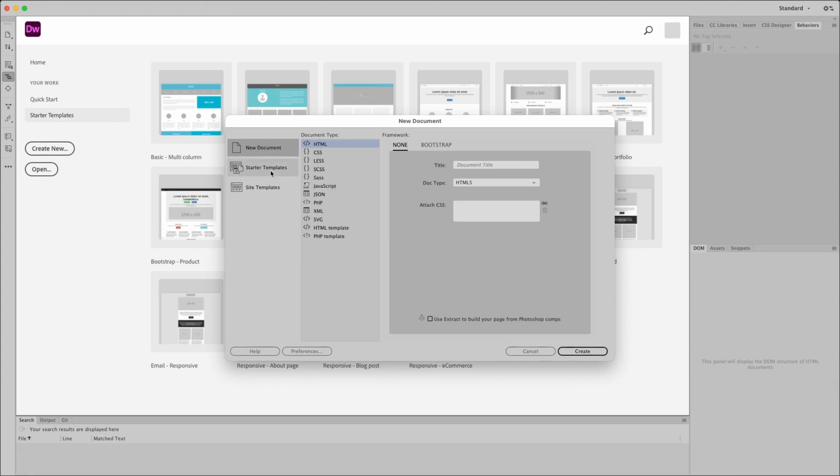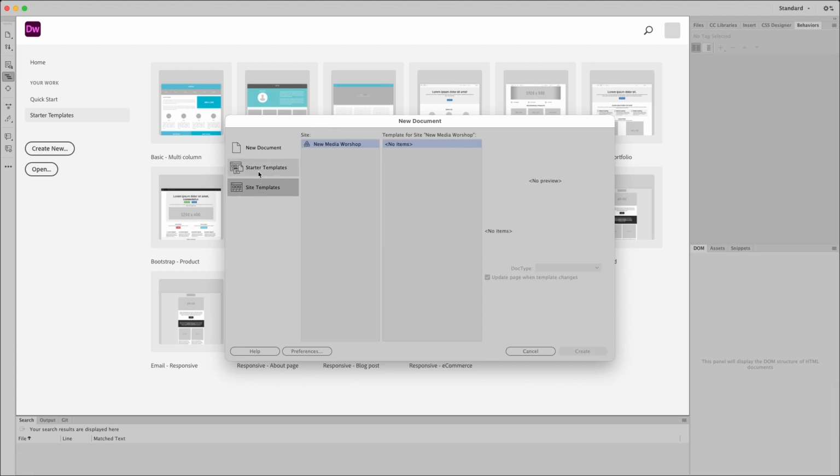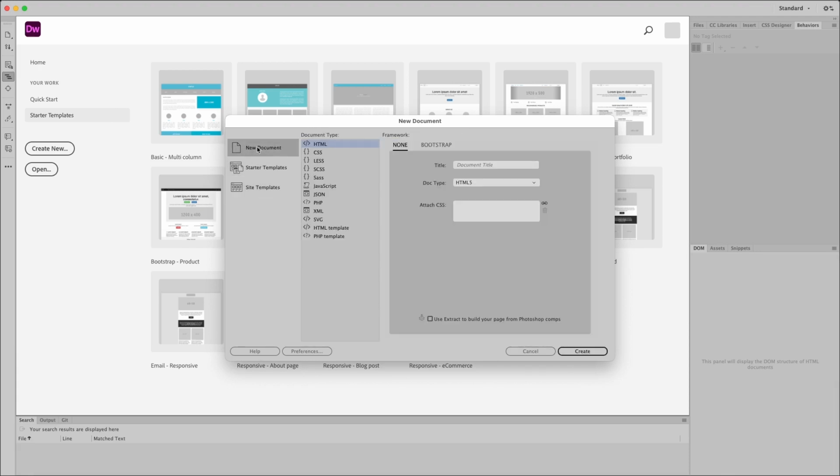Okay. Here you also have the site templates. You have some things here already that you can use. But again, we're going to start with a new document. You don't need to go to Bootstrap. It's just going to be none here. I want you to title your document, and you can title this document as homepage. Okay, homepage. That's pretty fine. And you're going to leave it here in